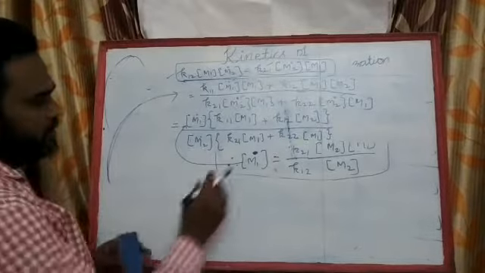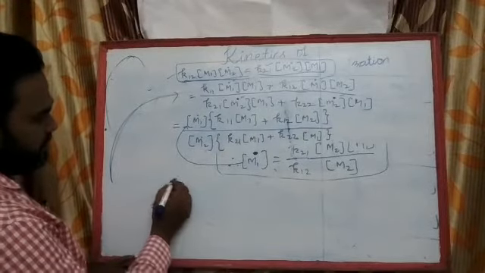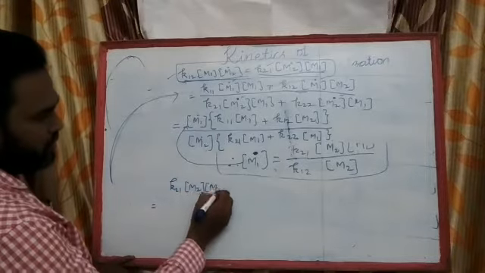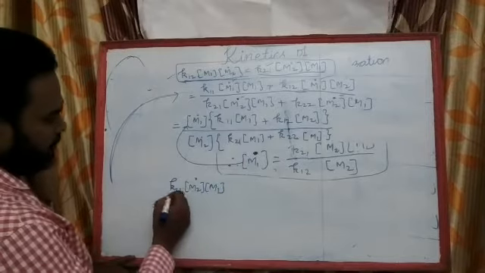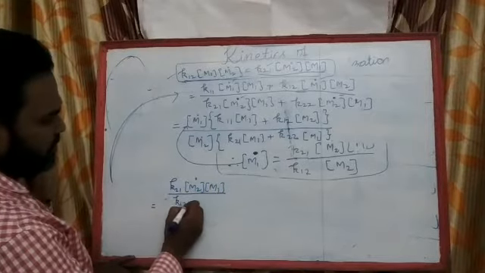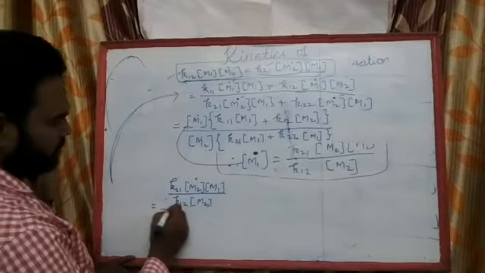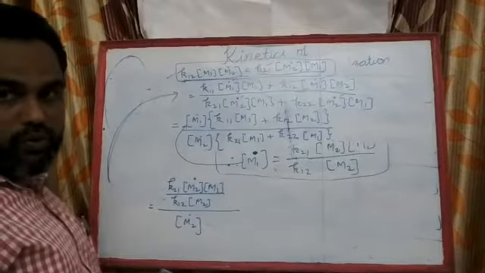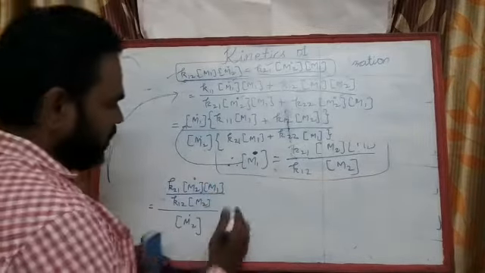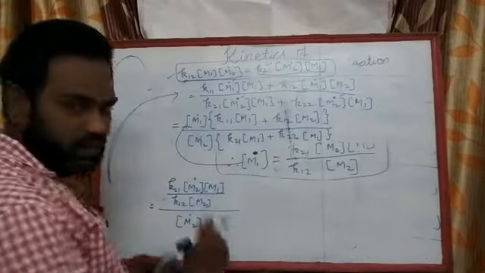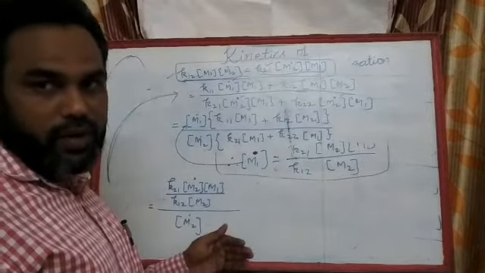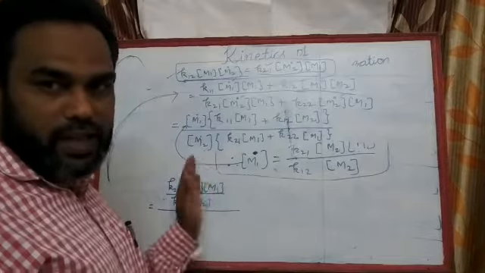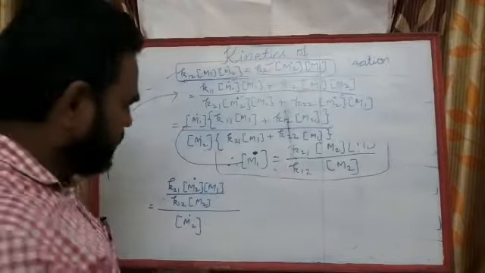If I substitute this M1 here, this equation becomes K21 concentration of M2 dot M1, divided by K12 concentration of M2 whole divided by concentration of M2 dot. I hope you follow this step. You have to keenly observe this step, and if you are not able to follow, you will have to go back and observe the steps again. I need not repeat the steps.